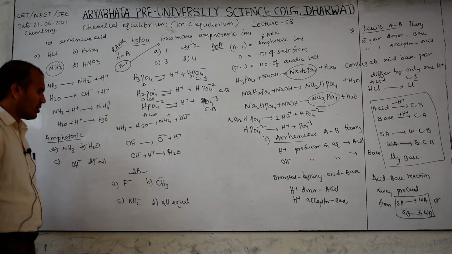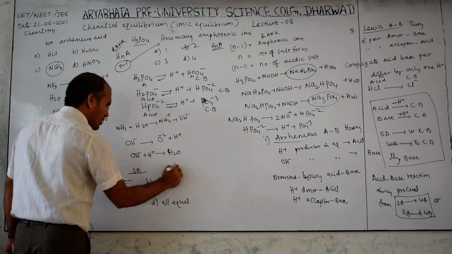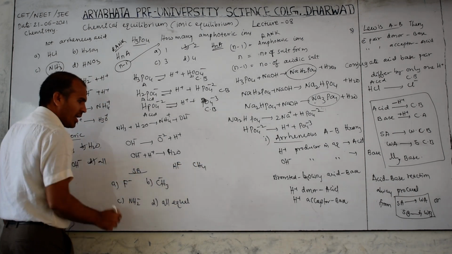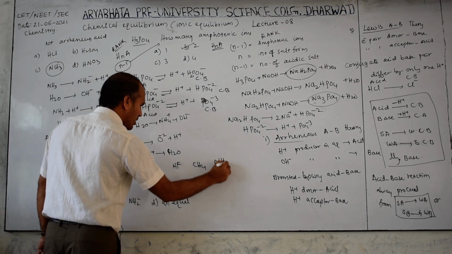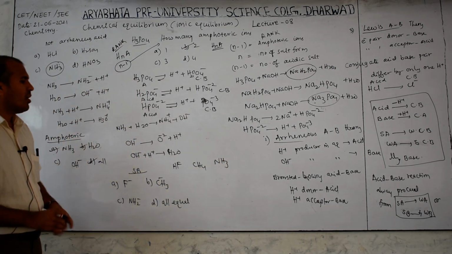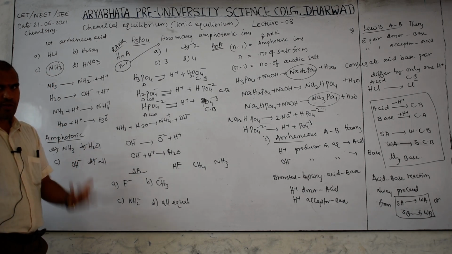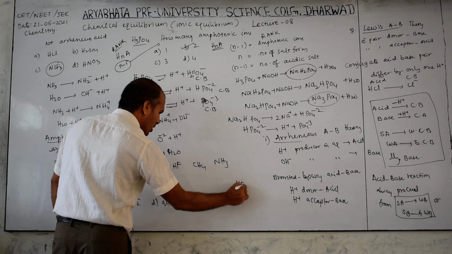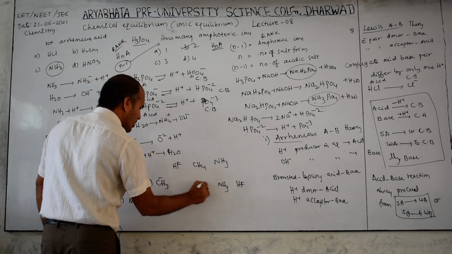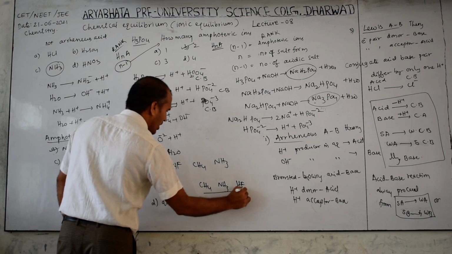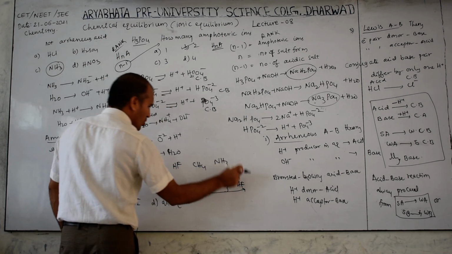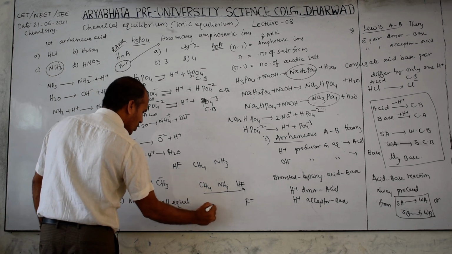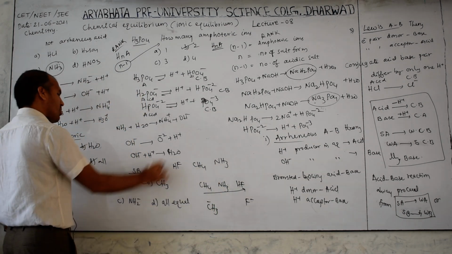Then how to answer this? An acid gives a conjugate base. Now for this add H, then this is HF, add H, then this is CH4, add H, then this is NH3. This is very clear. Already we know that as electronegativity increases, acidic nature increases. Therefore this right-side element gives HF, then NH3, then CH4. So acidic nature increases like this, which means a strong acid gives a weak base, and a weak acid gives a strong base. Therefore the strong base option is this one.